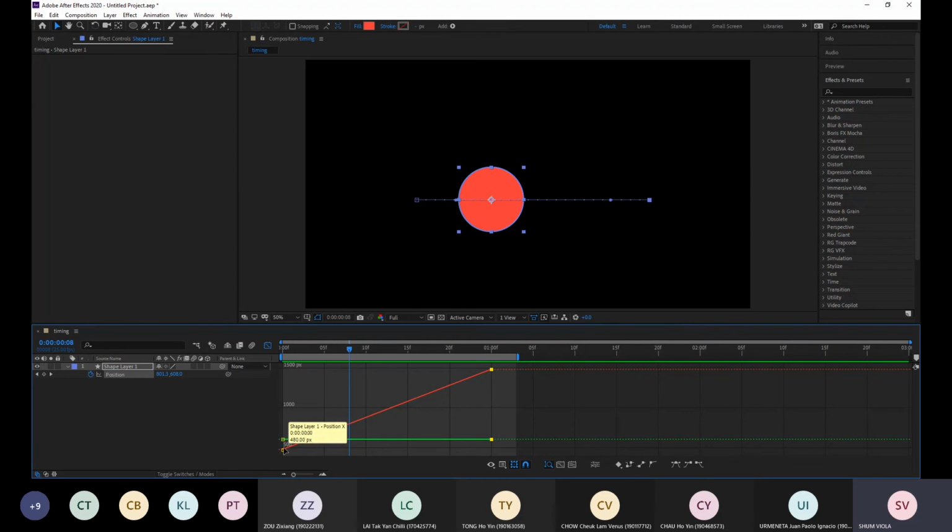Okay, so you can see there's 2 lines. One is a horizontal line, which means that there's no motion here. So the green one actually means that there's no motion, nothing moving. Okay, nothing is moving. But at the same time, you can see that the red one is not horizontal, which means that something is moving.